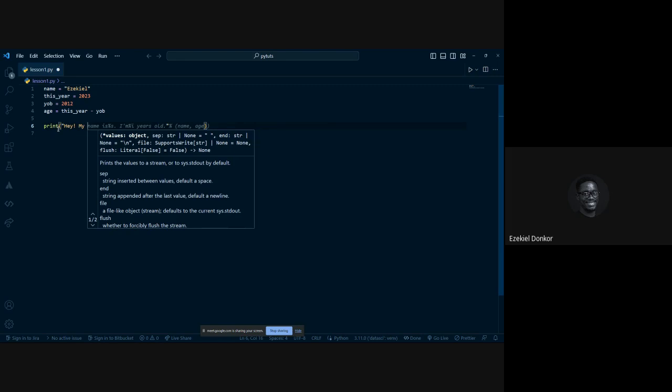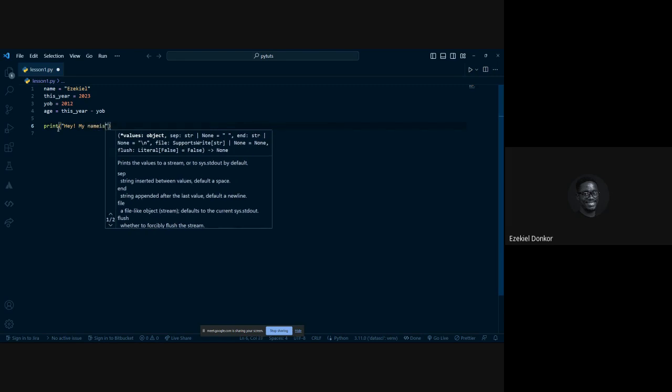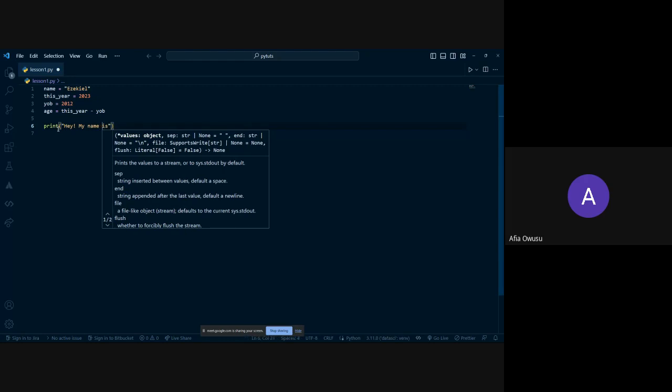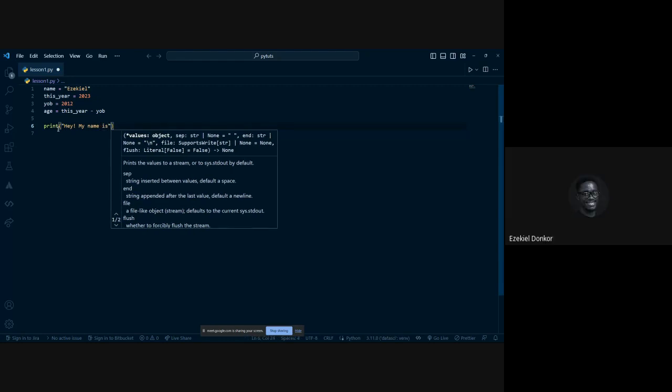Don't mind what is popping up on my screen. My name is, space. Is there a space after the exclamation? Yes, a space after the exclamation.